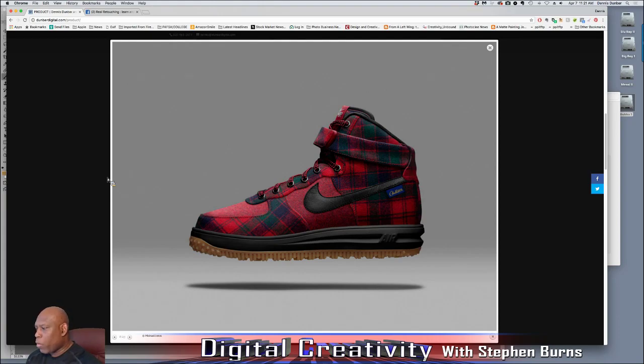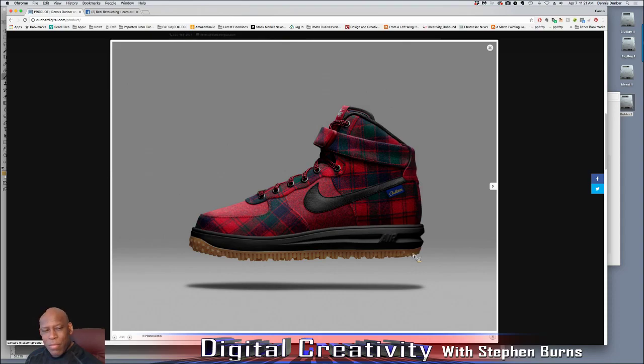What the photographer did was he shot light gray shoes, which was the base model of the shoe, and then he draped fabric over the shoes and sent us shots where it's just the fabric draped over the shoe. And then our job was to make it look like the shoe was actually made with those fabrics. So it was a lot of masking, a lot of figuring out how to recreate the lighting,